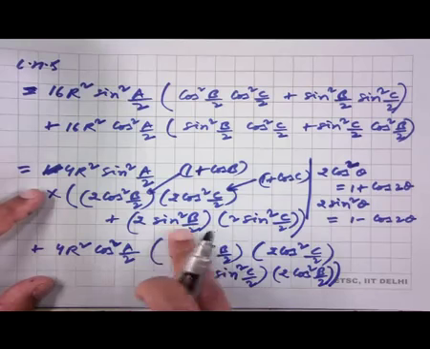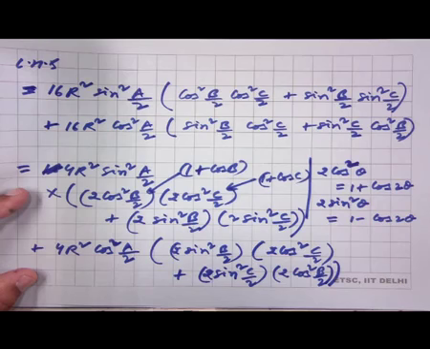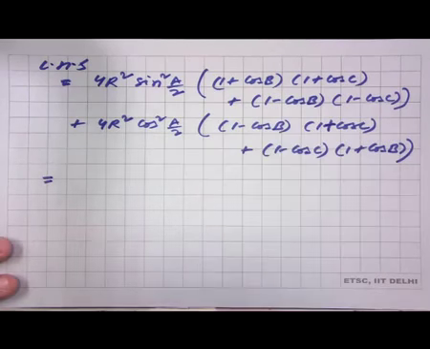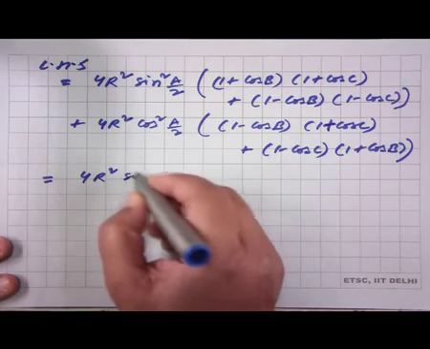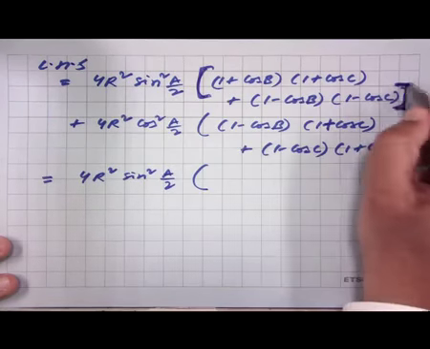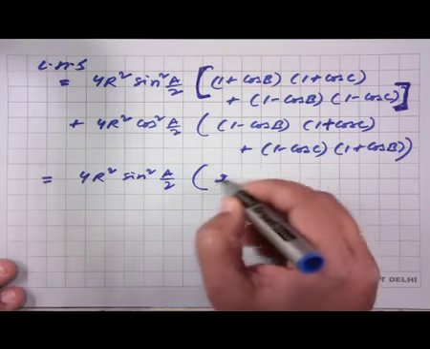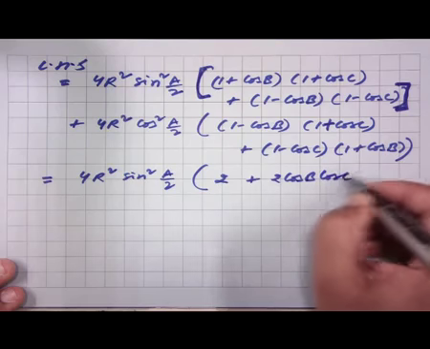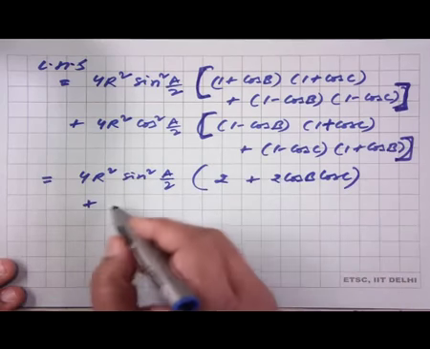By replacing all of these terms to be of the form either 1 plus cos theta or 1 minus cos theta, and then simple multiplication gives us, so this term inside this square bracket will get simplified to 2 plus 2 cos B cos C. Similarly, this other term will get simplified to